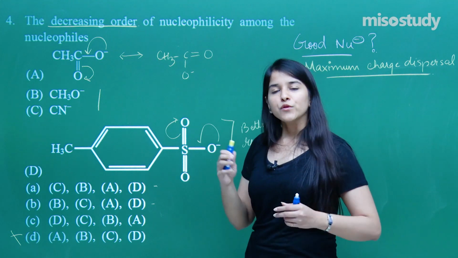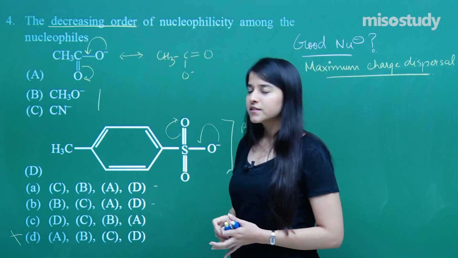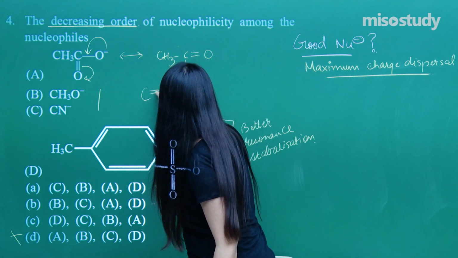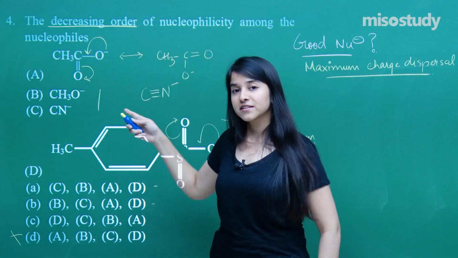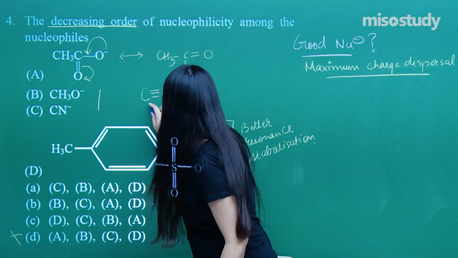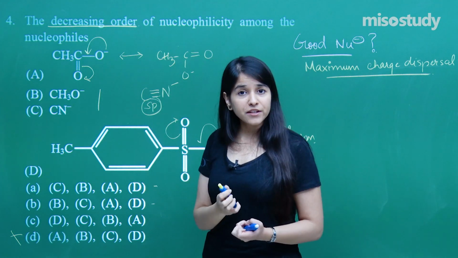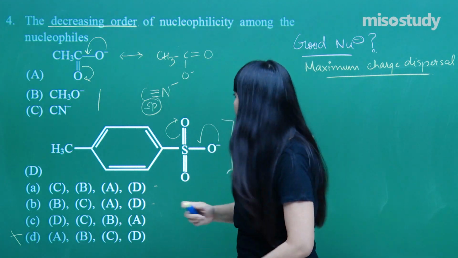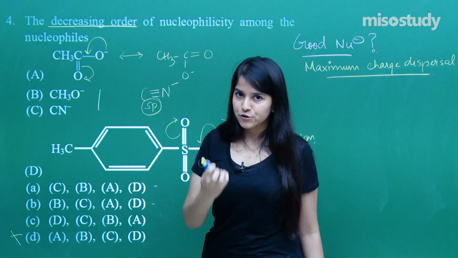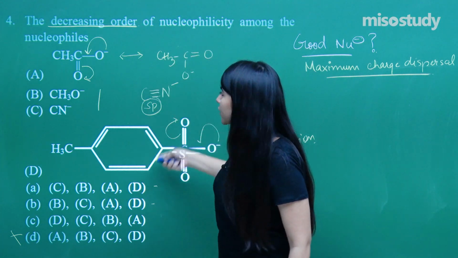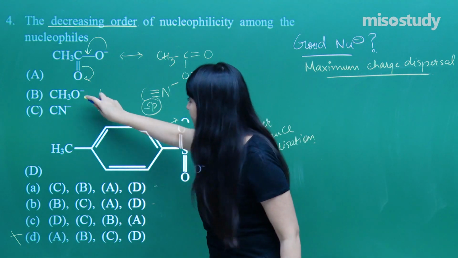So over here, which one has the better charge dispersal is, if you have not got it, I can tell you the answer over here. This is the cyanide ion. Now can you see after expanding the structure, it is first of all sp hybridized first. It would attract the negative charge, it would hold on the negative charge properly. Also again, nitrogen is what? Nitrogen is again an electronegative group. That means all in all it can be serving as a proper nucleophile, a good nucleophile, better than even this